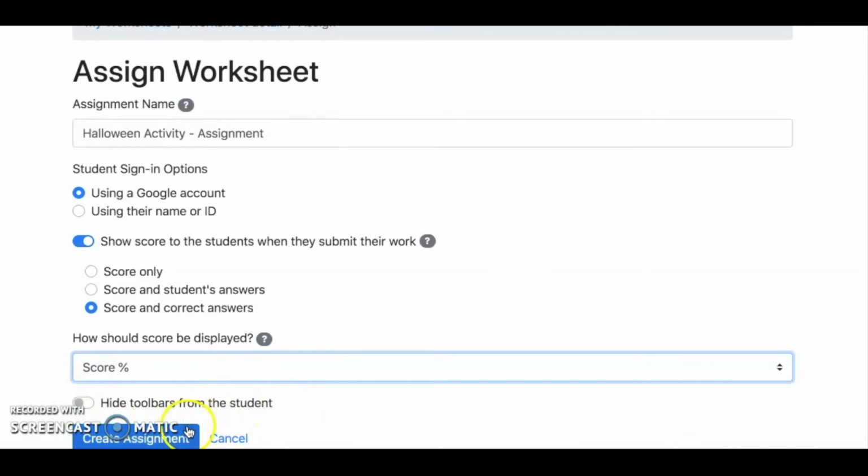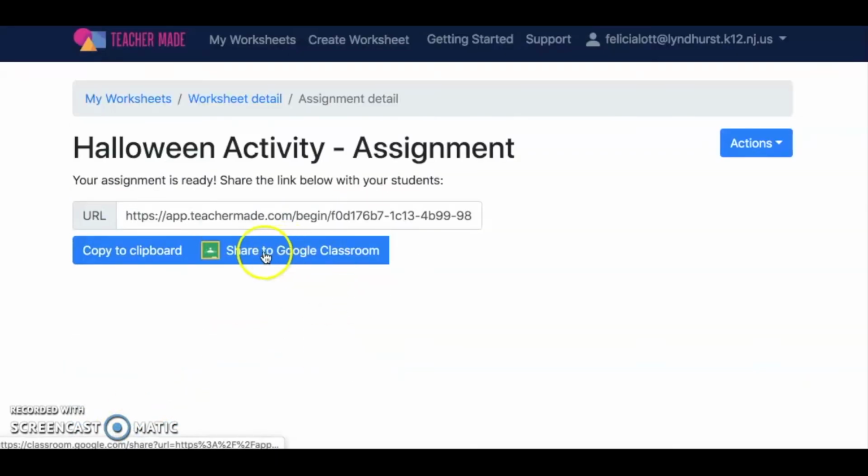The students do have the power to draw on the document if you want them to draw for some reason. It's a great feature, but maybe you don't want them to. If they are playing around with that, you can choose to hide that toolbar. And then lastly, once you select the scoring features here, you press create assignment, and now you can actually share